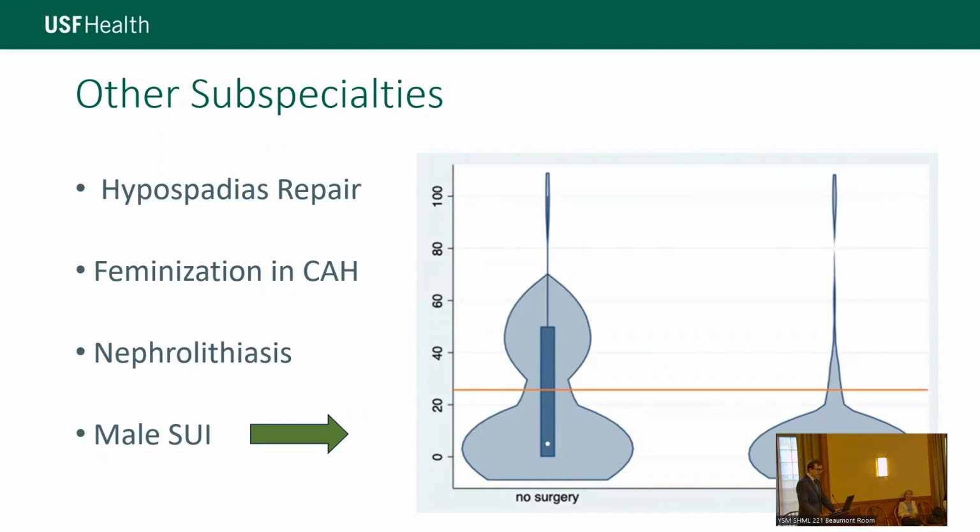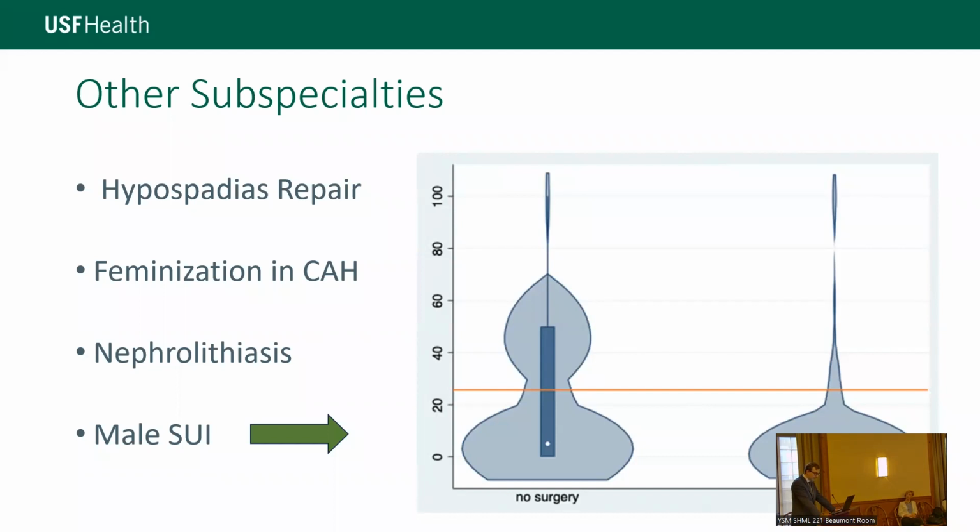In feminization surgery in congenital adrenal hyperplasia, it's an example of a job very well done. 68% of parents express no regret at all, but the third that do, again, cite lack of clarity in surgical